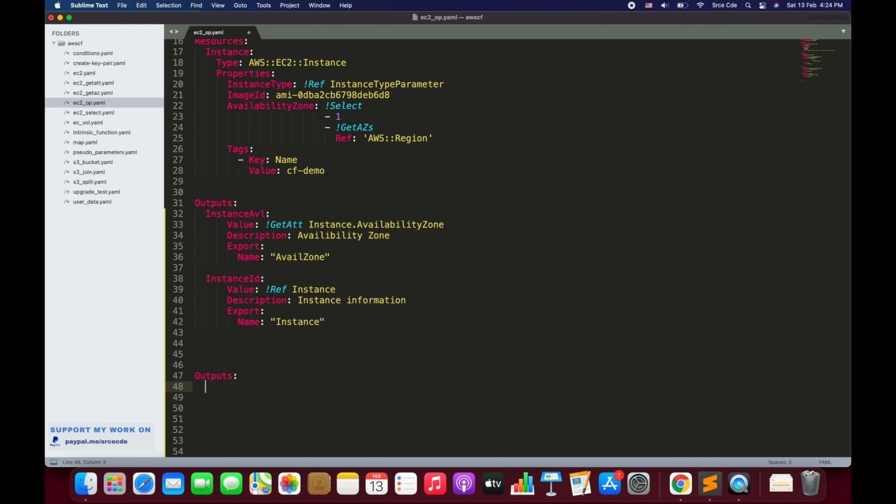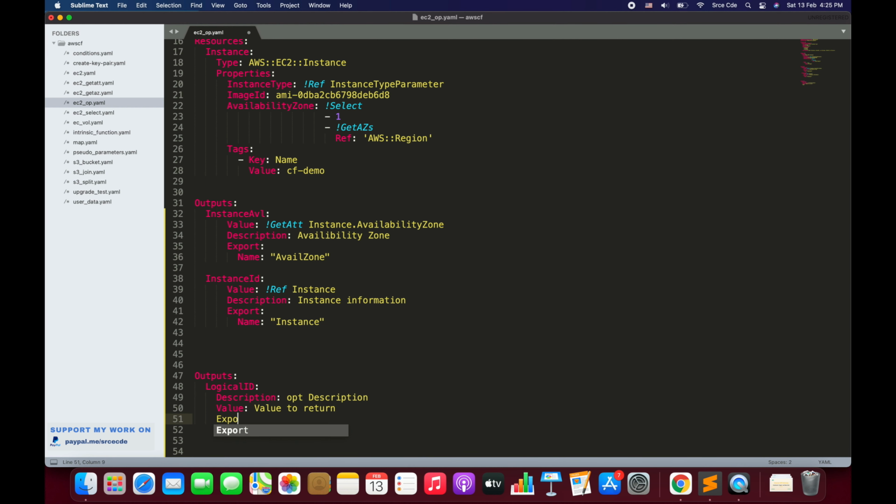This is how we can define the output section. The structure of the outputs is basically the logical ID, followed by the optional description, followed by a value that is mandatory. This is going to be the value that we want to return, right? Then we have the optional export.